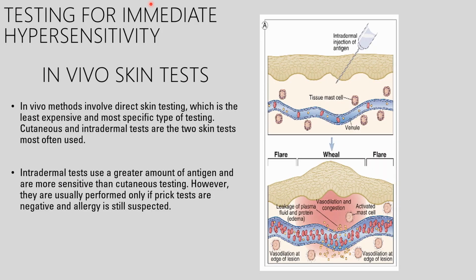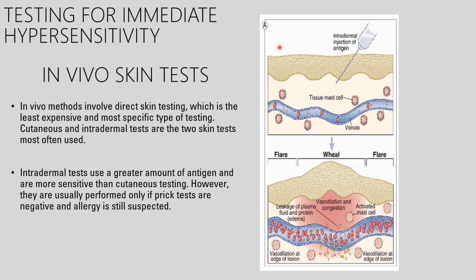So what are the different testing methods for type 1 hypersensitivity? Meron tayong tinatawag na in vivo skin tests, yung cutaneous and intradermal test. So there are two skin tests. These are two skin tests that are most often used. So they are effective and very specific in showing hypersensitivity. However, they are invasive. So they can cause